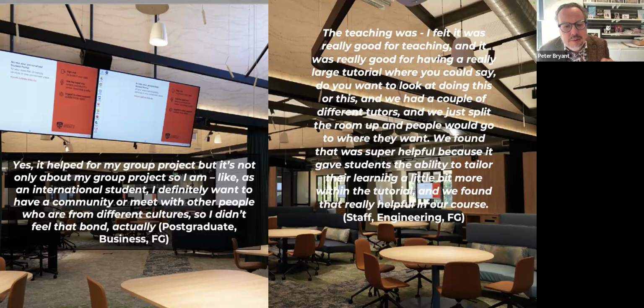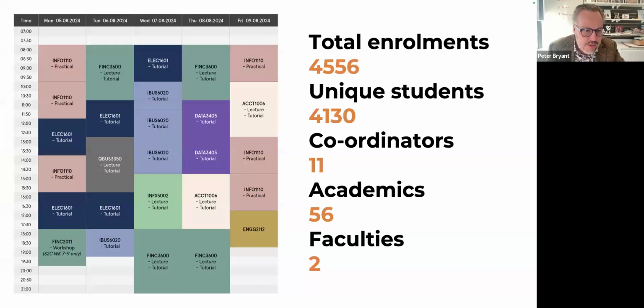One really interesting output in both semesters that I didn't talk about when I presented this at ASCILITE was that what the students told us was, we don't want to leave the room. So why can't we, when we finish our 1 hour class or our 2 hour class, you can see those blocks are quite tight. Some of them are 1 hour, most are 2 hours. There's a couple of 3 hours, I think.